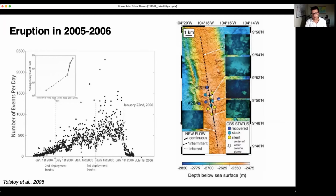So to get your eye in, this map here is focused on this 950 segment, and these colored dots are ocean bottom seismographs that were on the seafloor at the time of the 2005-2006 eruption. You can see that some of them were recovered, some of them were stuck, and some of them didn't make it through the eruption. And the key thing is that because these instruments were on the seafloor at the time of the eruption, we're